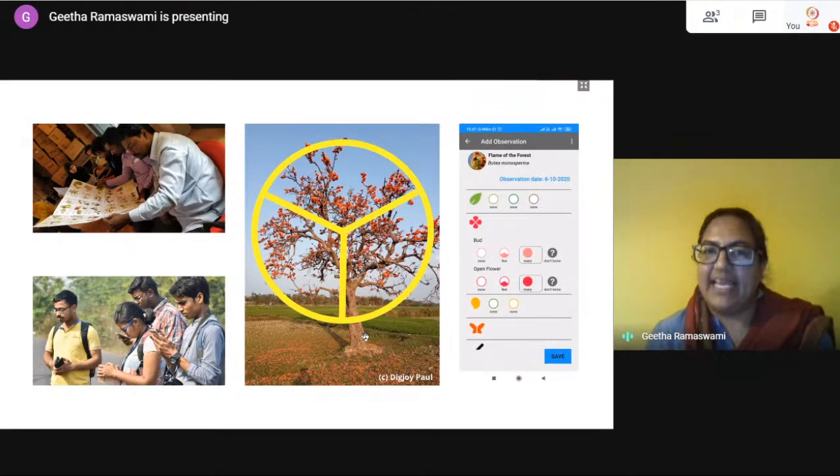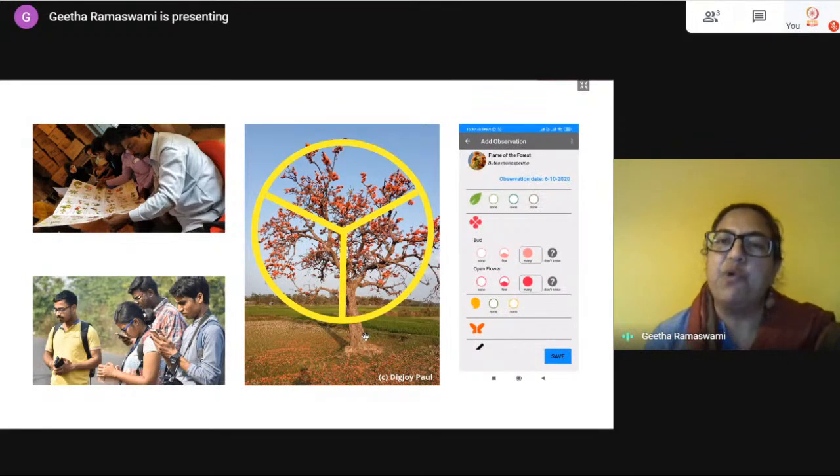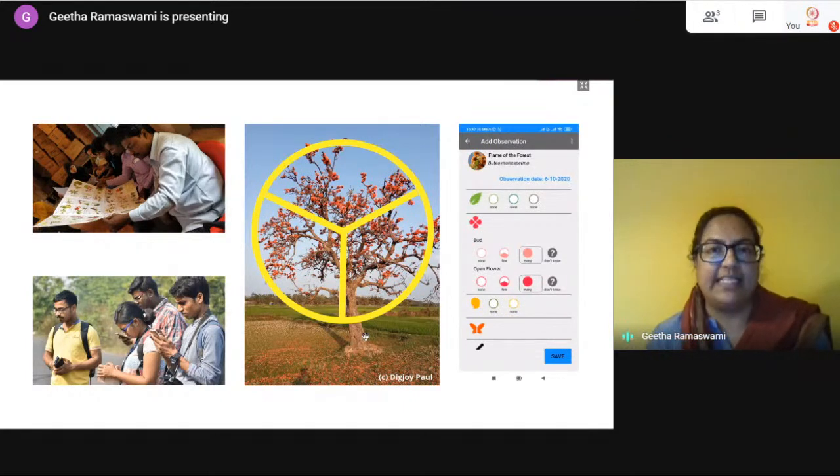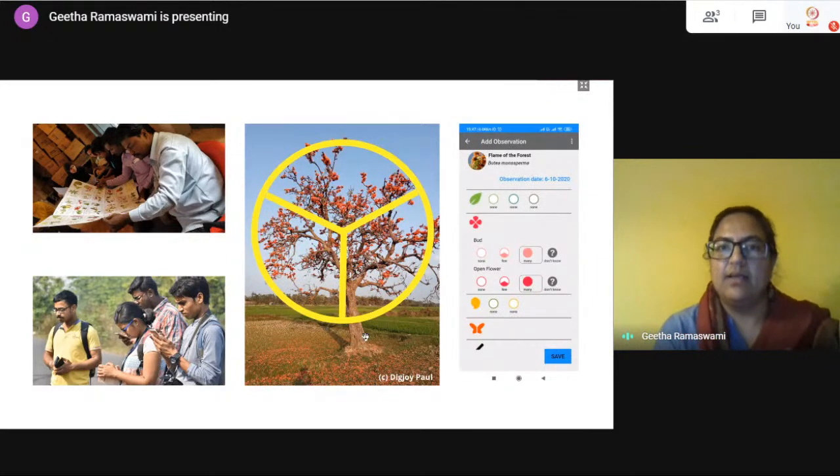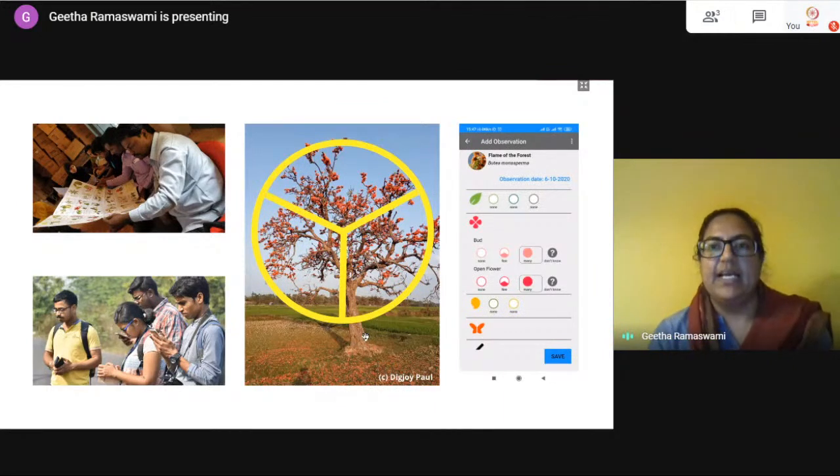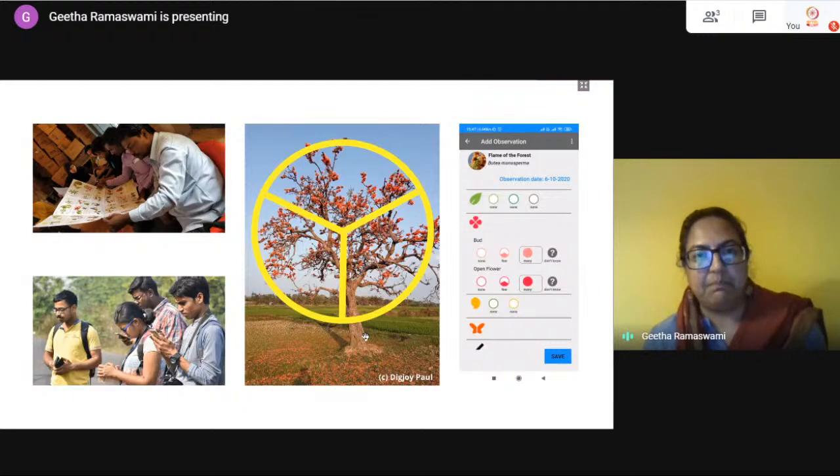And when I say how many, it's very simple. If you don't find that phenophase, which is leaf, flower, and fruit, you mark it as none. But if you find a phenophase only in a third of the canopy, you mark it as few. But if you find the phenophase in more than a third part of the canopy, you mark it as